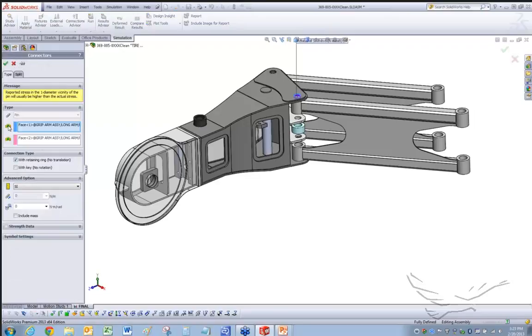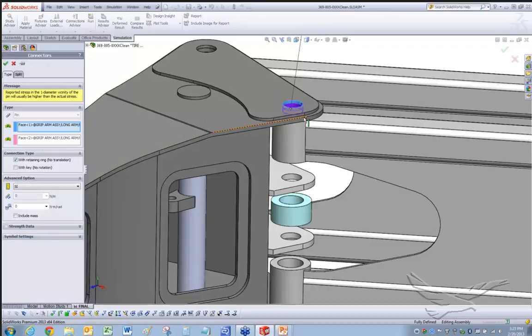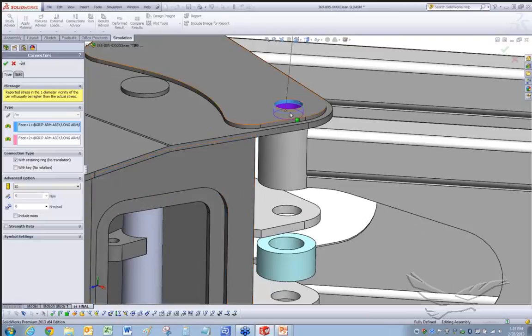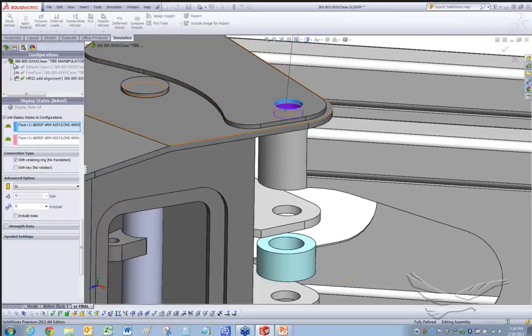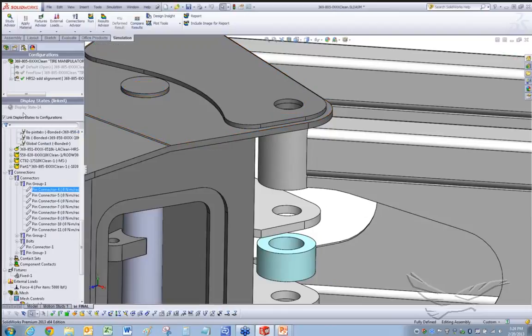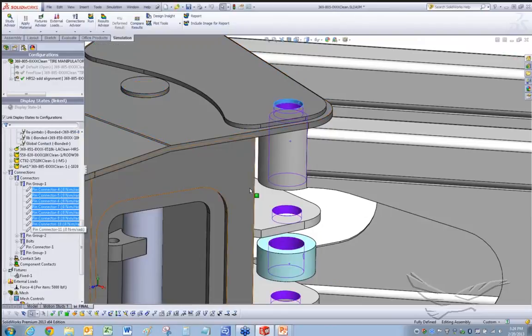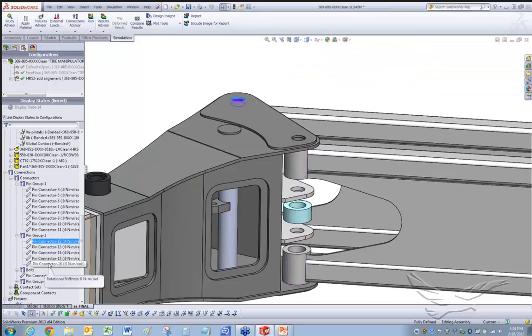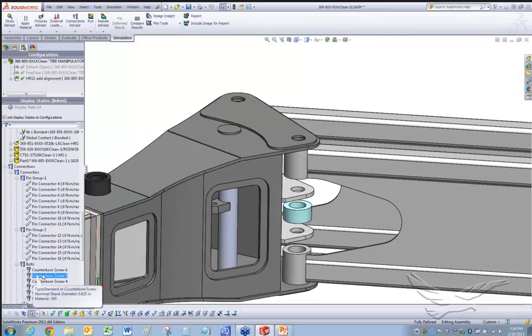So this pin connector connects these two parts together, and it tells the software that there's basically an axis down the middle of this, and these parts can't translate with respect to each other, but they're allowed to rotate with respect to each other. And essentially what we did was create a series of pin connectors that connect all these components together. We've done the same thing on the other side, and we've used another type of connector called a bolt connector to